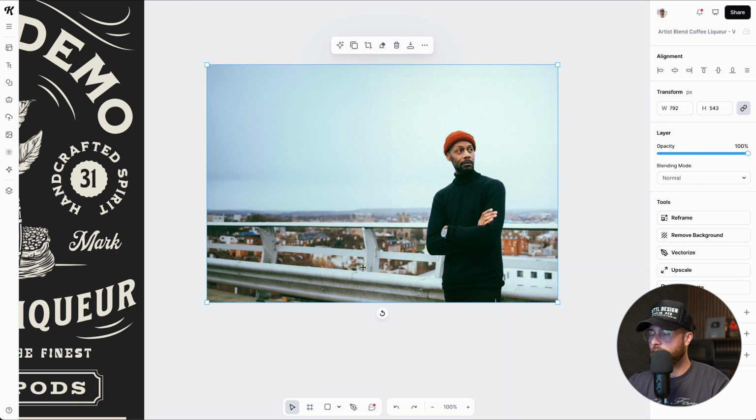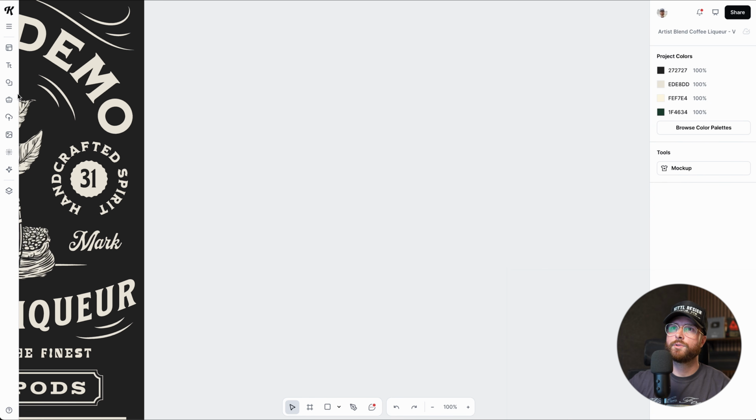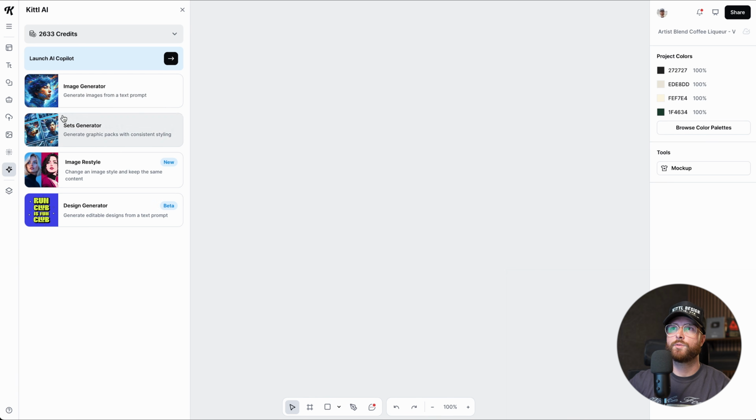I use this all the time for mockups, for example. I might find a mockup that I love, but it's a square, and I'd rather it be horizontal or I'd rather it be portrait. Well, I can use reframe and I can just extend it to be exactly where I want it to be. Now, we also have the vectorizer tool, which is really helpful for when you are generating